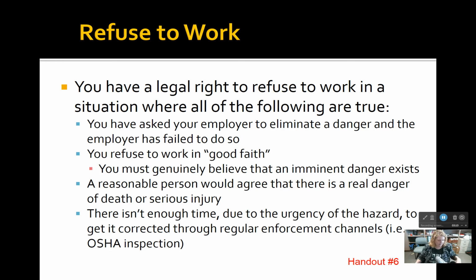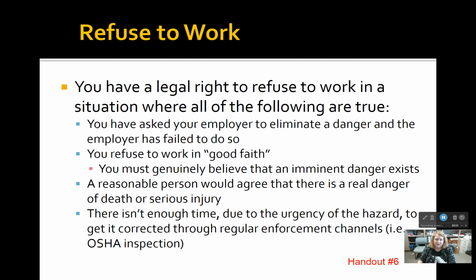Now, under handout 6, essentially it will tell you some information on how to refuse to work, with regard to saying, hey, this place is unsafe, or I'm going to get sick if I work here, that type of thing. This has to be within good faith.